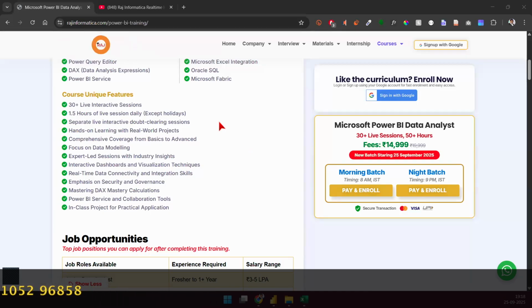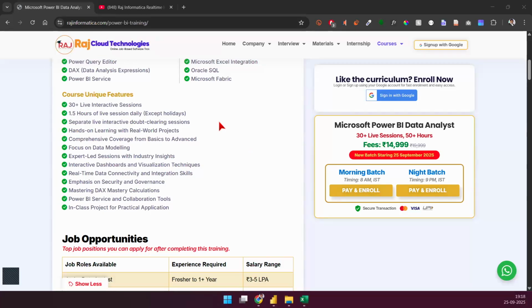Is this course different from data science and data analytics? See, this falls under data analytics. This course is part of data analytics. This is one of the tools with which you will analyze your data. You can use Excel, Python, this Power BI tool, Tableau, a lot of different tools for data analysis. So this falls under Power BI.